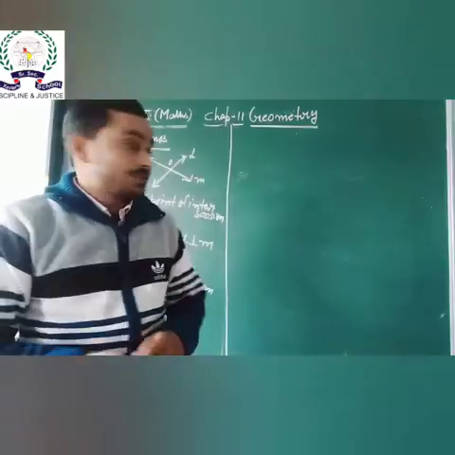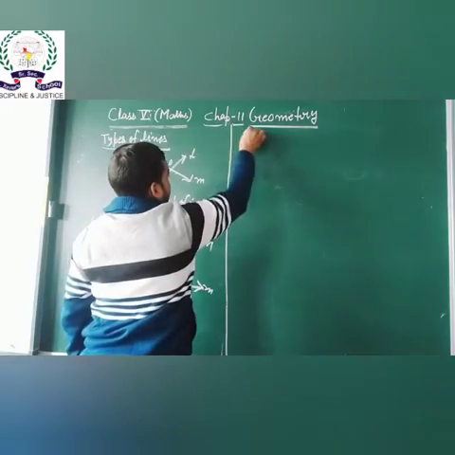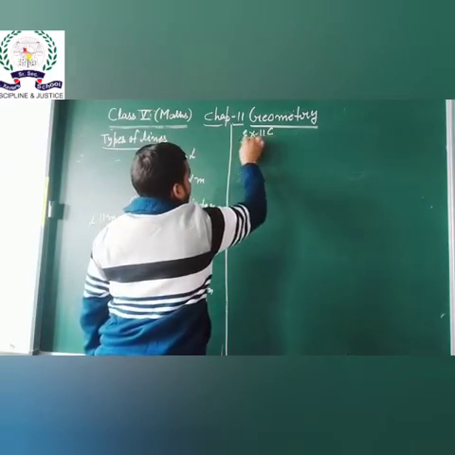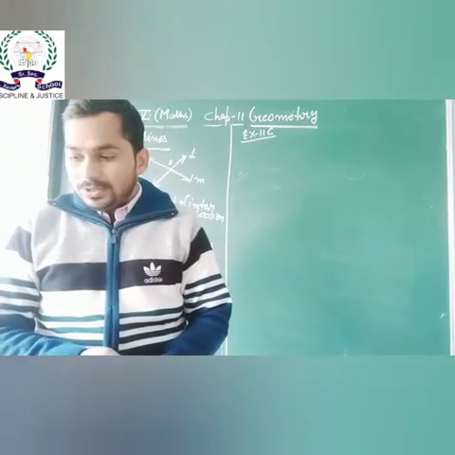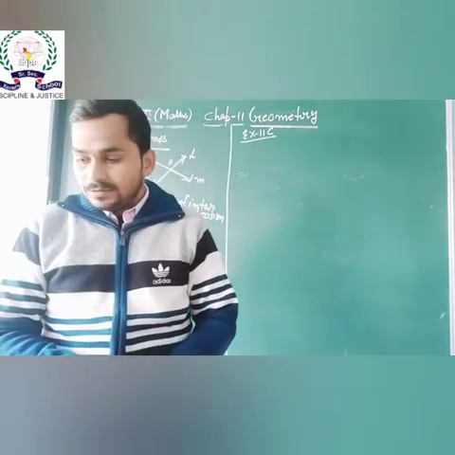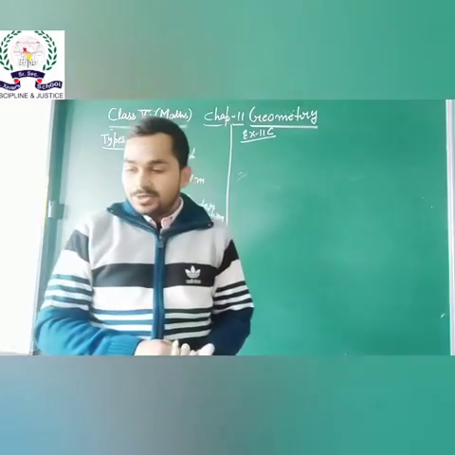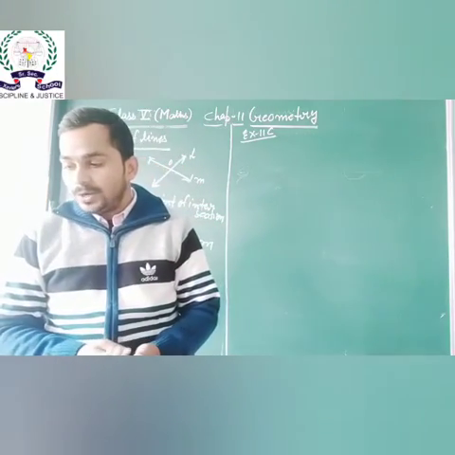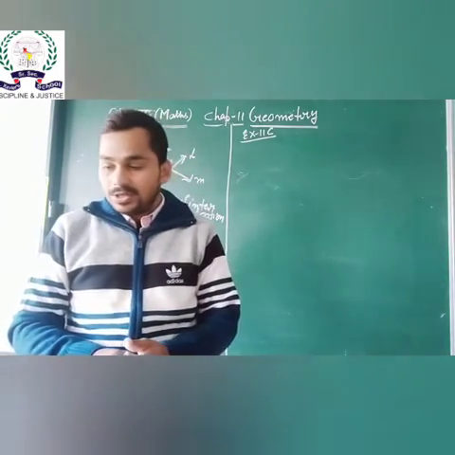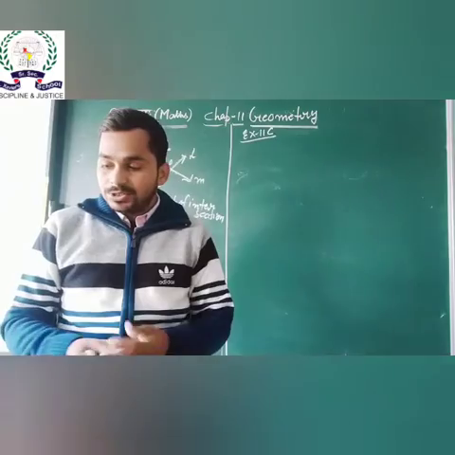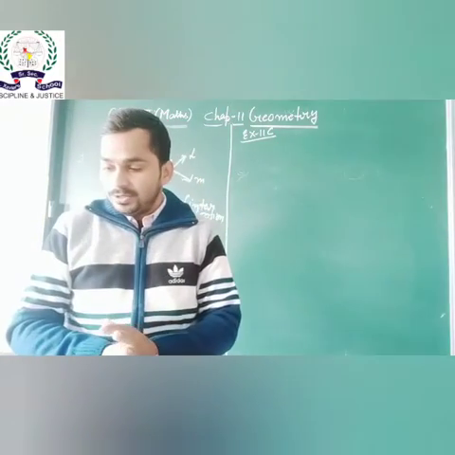So exercise 11C. Complete the following table. Figure 1 is given. L parallel to M, type of line parallel, number of points of intersection, that is 0. In the B part, two intersecting lines are given. So write here intersecting and number of points of intersection, that is 1.